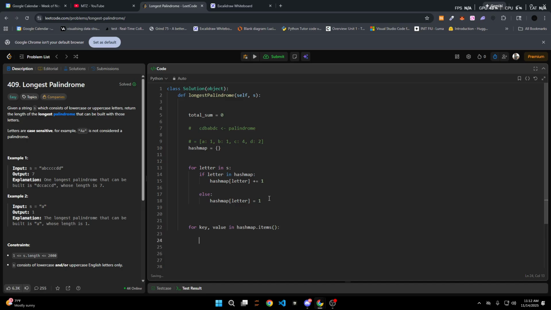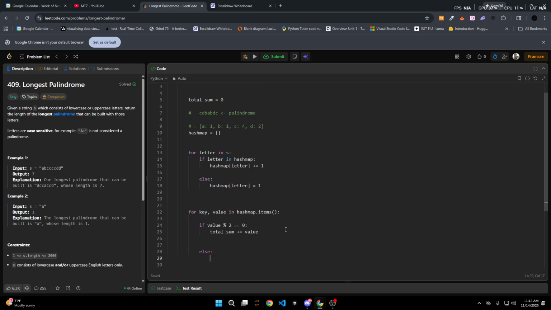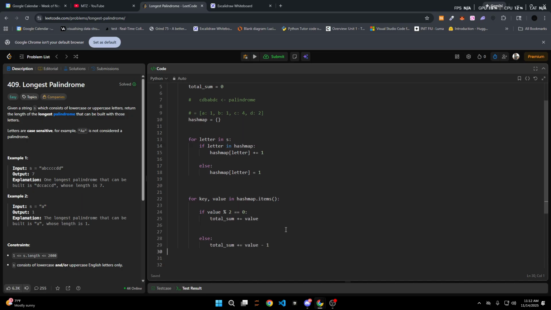And we want to grab the value. So key is this, and our value is the number. If value divided by 2, so if we have no remainder, meaning it's perfect, a whole number, then we're going to increase our total sum by our value. Else, meaning if it's not an even number, we're going to do total_sum plus equals value minus 1, just to make sure,